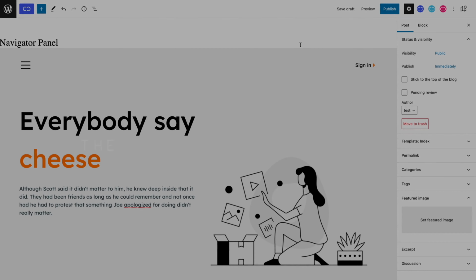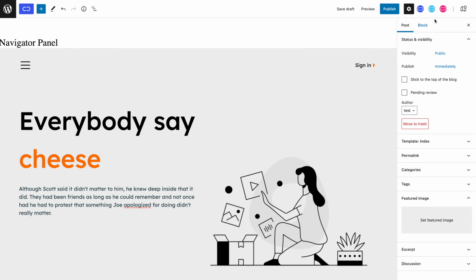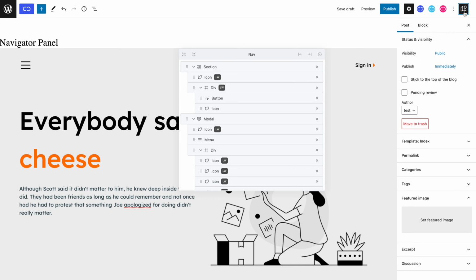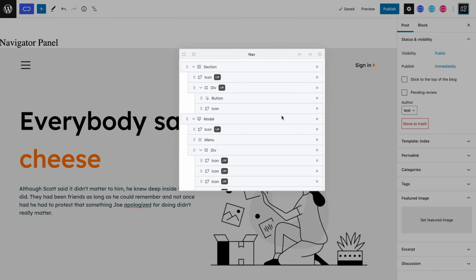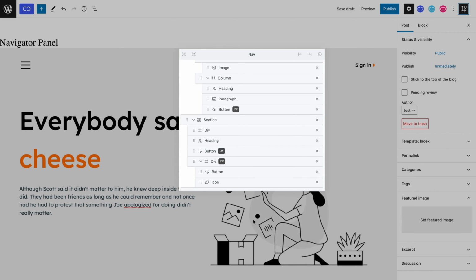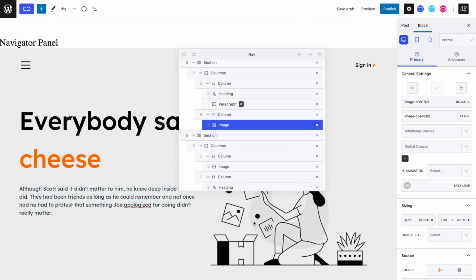Here is a quick overview of the Cwicly Navigator panel. You can easily find it in the top right-hand corner in the Gutenberg Editor. The Cwicly Navigator allows a global overview of the elements on your page, as well as makes interacting with these elements seamless. The Navigator is designed for maximum usability comfort, with the possibility of positioning it according to your exact